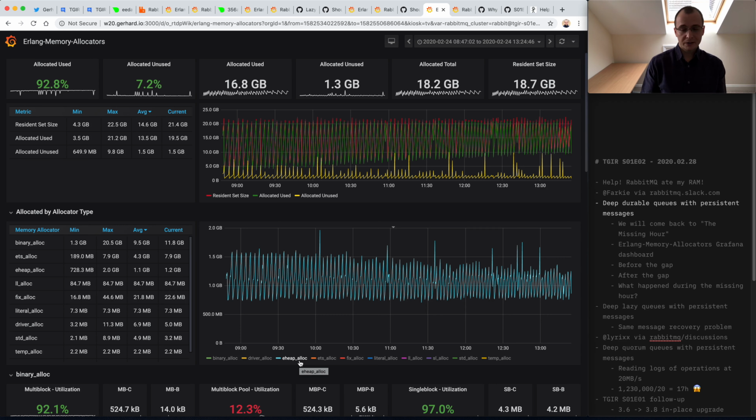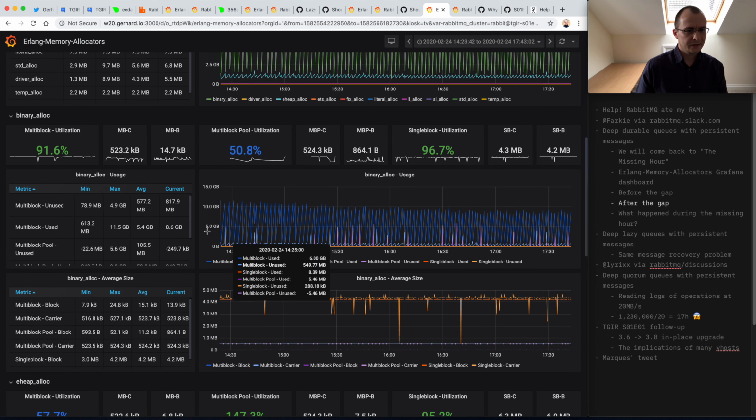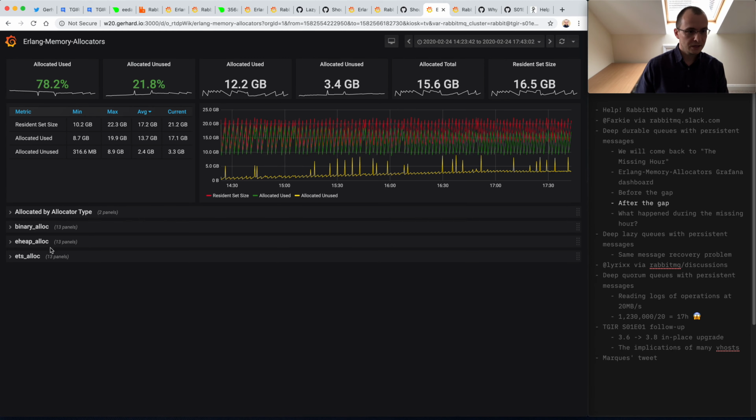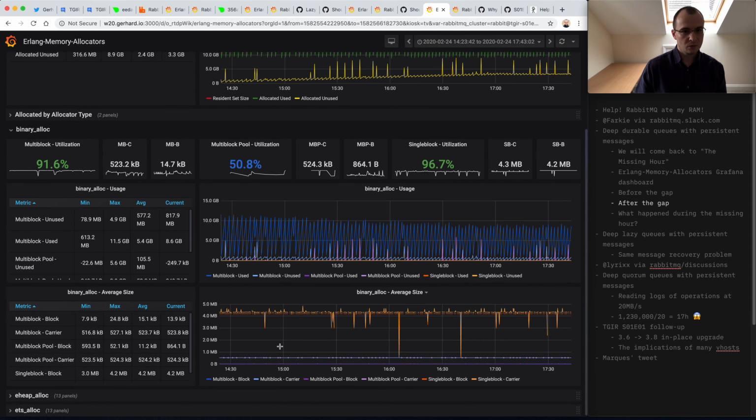So if you think about a process that has a stack and a heap, it's the type of memory that is being used for doing all the work, right? If you have, for example, a map and you have to iterate over it, any sort of work that the process needs to do, or any sort of state that the process needs to hold, it will use some memory. And let's take a look at the binary allocator now. So this whole section. Actually, you know what I'm going to do? I'm going to collapse all of these, and I'm only going to open specific ones so that we don't get distracted. So looking at the binary allocator,